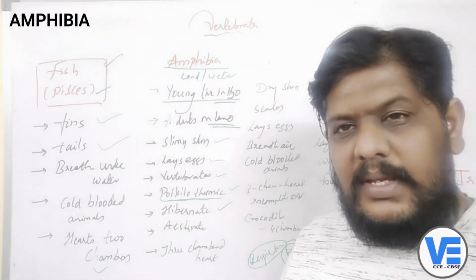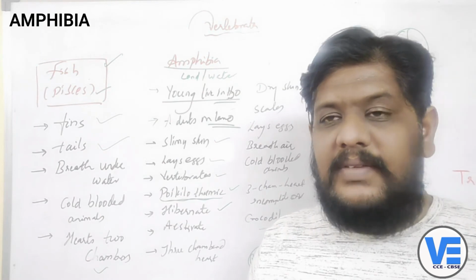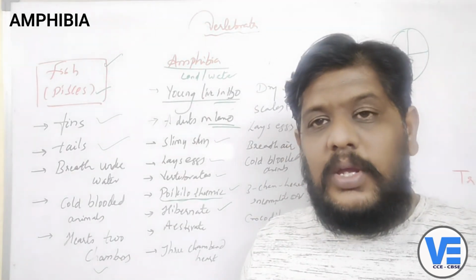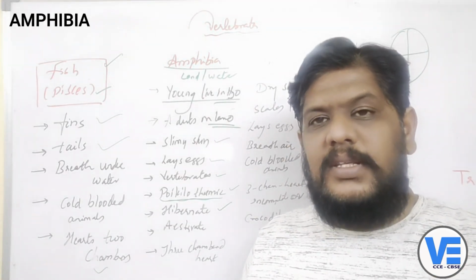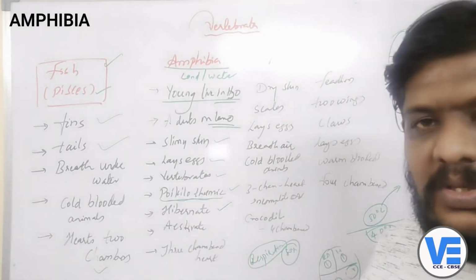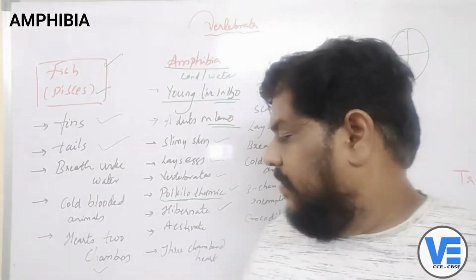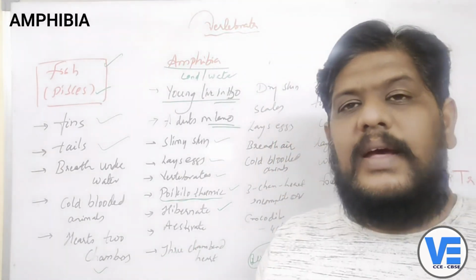Okay, they have slimy skin, in the sense slippery kind of skin. They lay eggs. They are vertebrates; they have a vertebral column. These are poikilothermic animals. That means the temperature in these organisms varies with the environment where they live. So these kinds of organisms undergo hibernation or else estivation, and then these animals will have the three-chambered